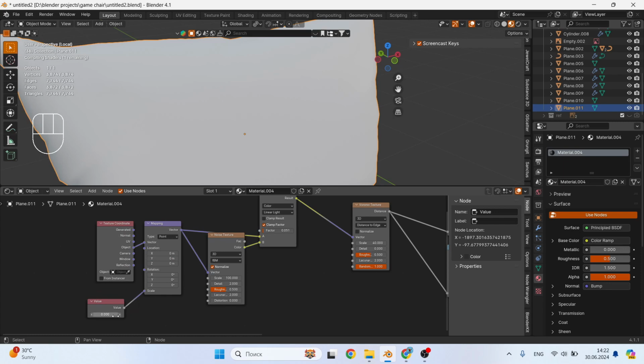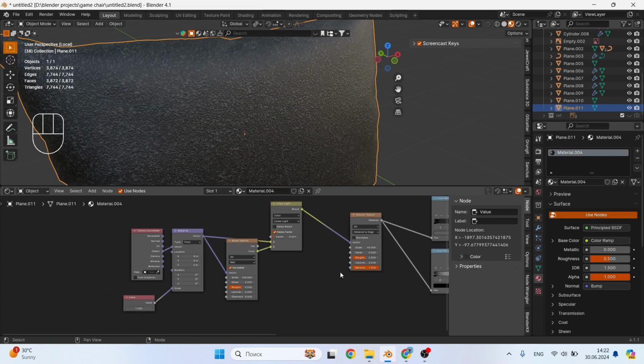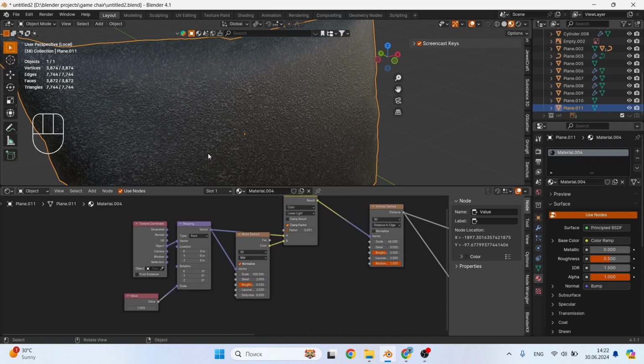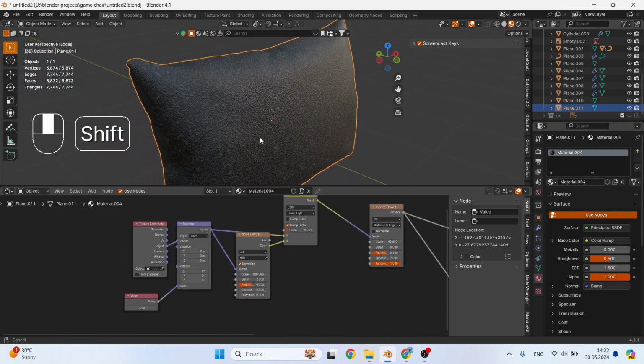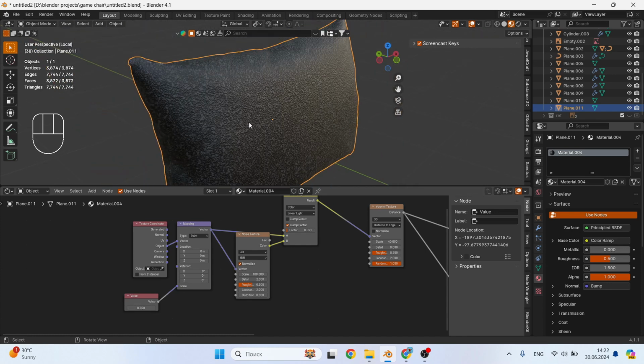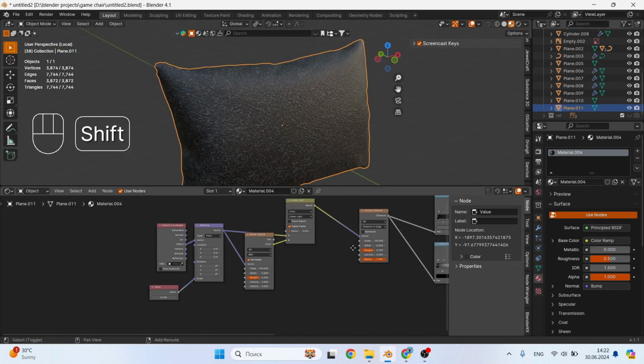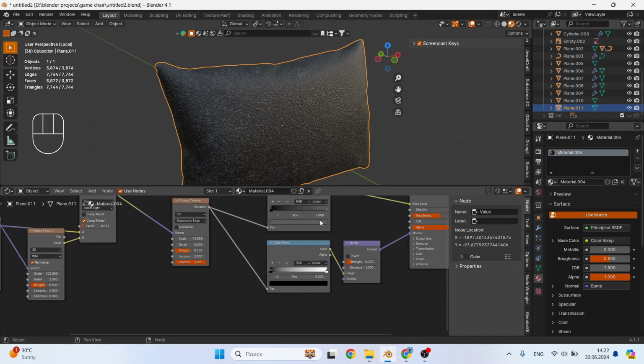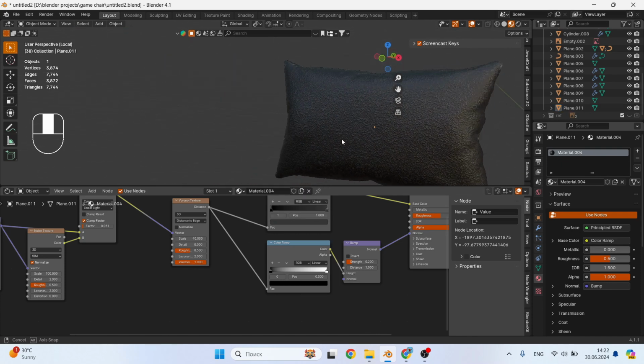For easy scale control, add a value node and connect it to the mapping scale. 1 is the normal state. You can also adjust the sliders on the color ramp a little and the strength of the normals.